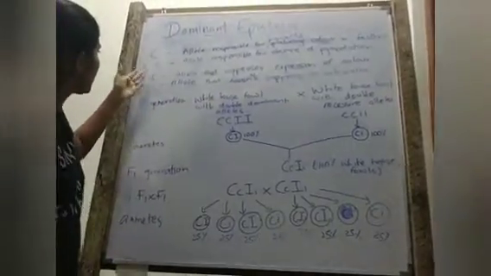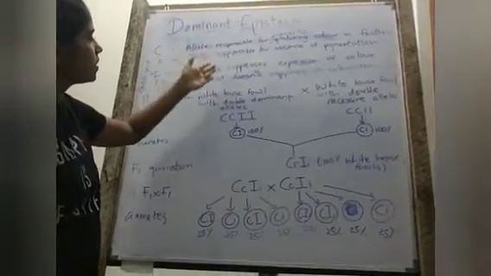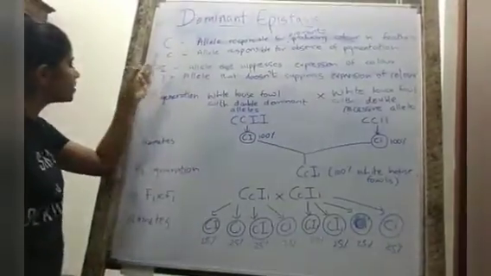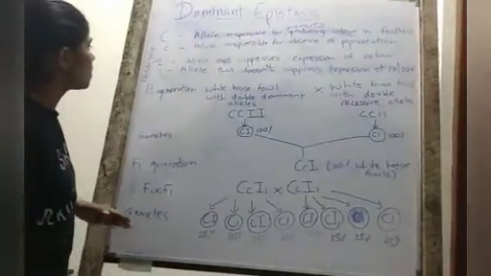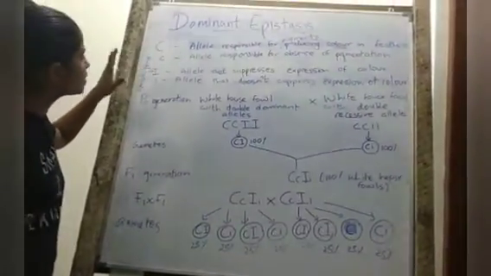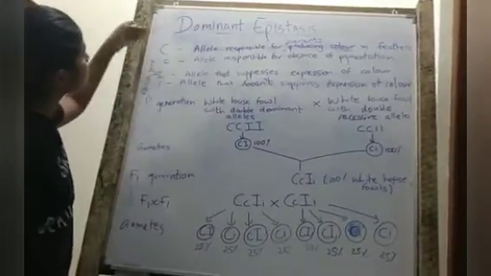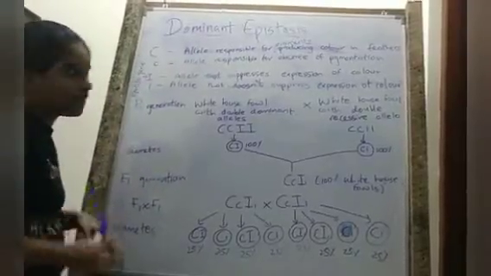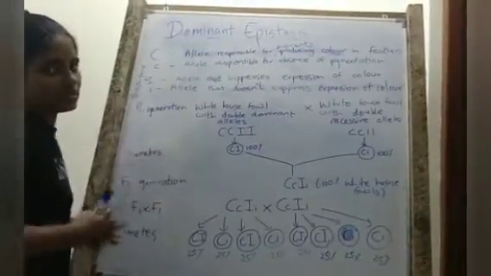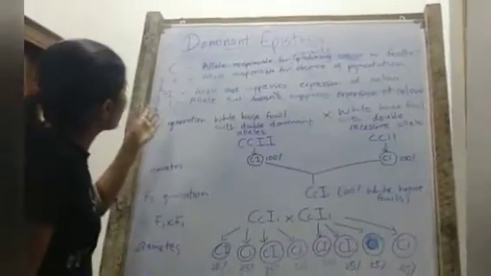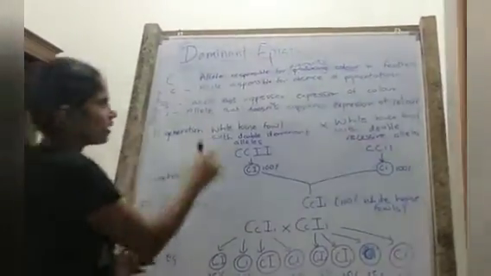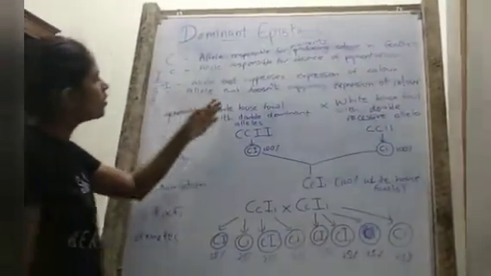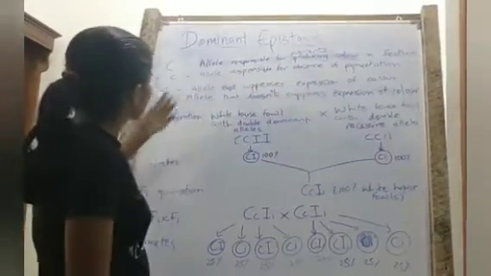And then we have the capital I allele, which is the allele that suppresses the expression of color. So this capital I allele is known as the epistatic gene. This is a dominant allele. This dominant allele is able to suppress the expression of the capital C allele, which resides on a different locus. This is the main point of dominant epistasis. And then we have the simple i allele, which is the allele that doesn't suppress the expression of color. So when this allele is present, there is no suppression of color. The color can be expressed.